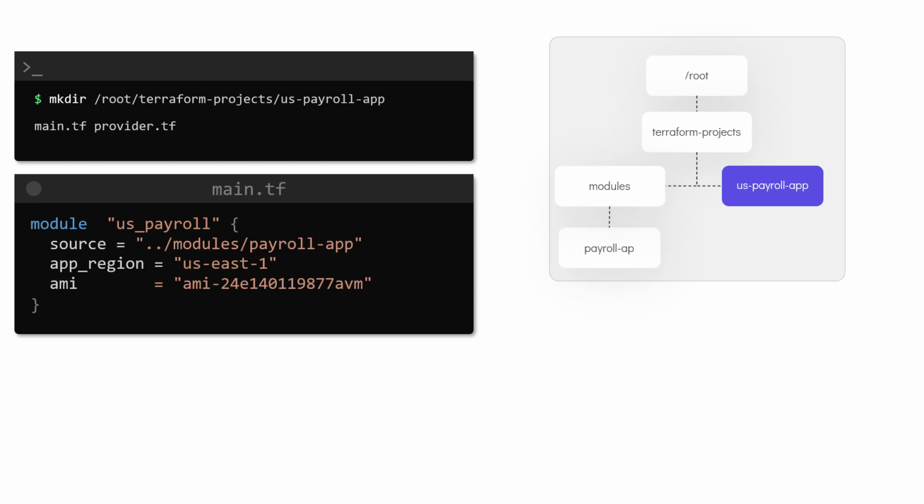And that's it. Since this is our working configuration directory, the path /root/terraform-project/us-payroll-app is now the root module, and the modules directory, which is modules/payroll-app, which is used as the source, is the child module. You would have noticed that the only configurable value in this main.tf file is the app region and the AMI